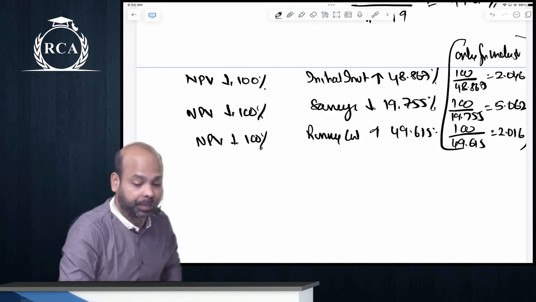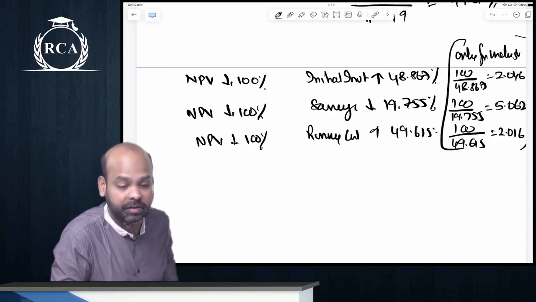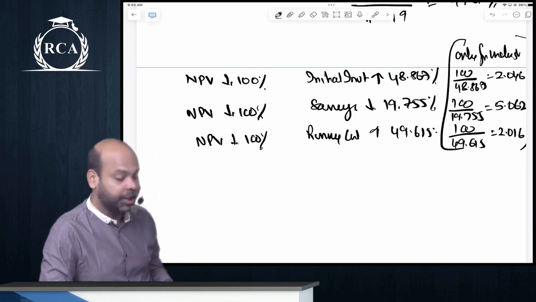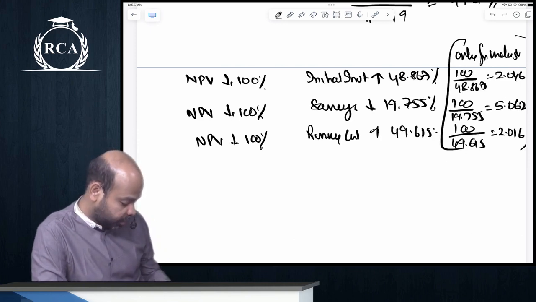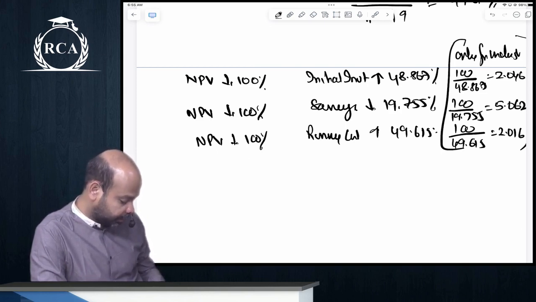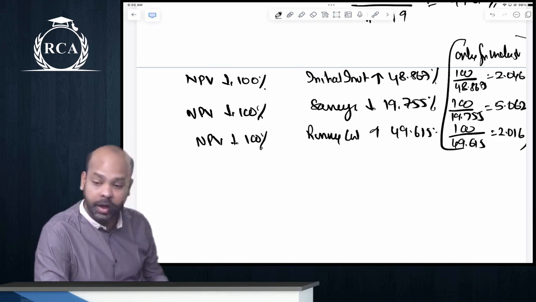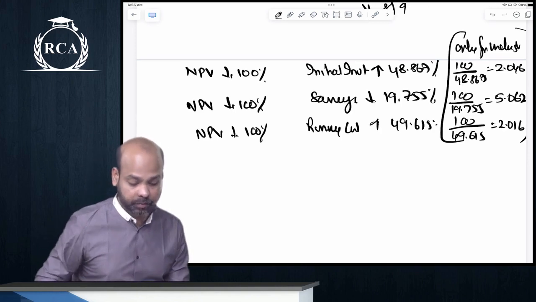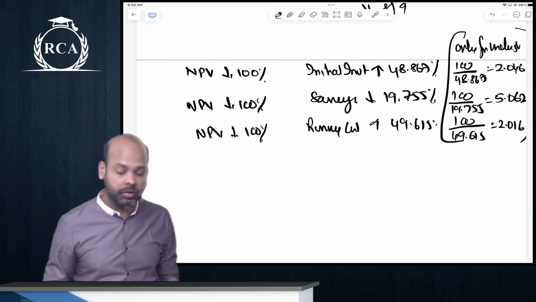Write down, guys. In brackets, for every 1% change in savings, NPV is changing by 5.062%. Okay, beta. Now guys, in this question, though it is not required, what if they would have asked us to compute